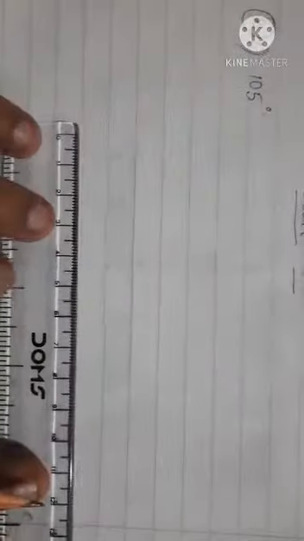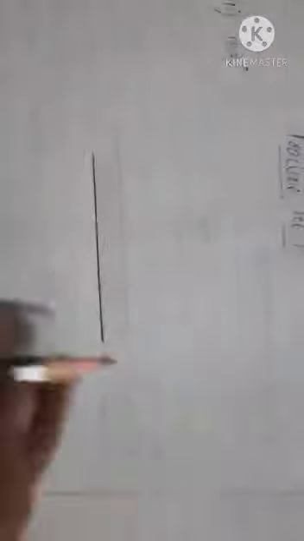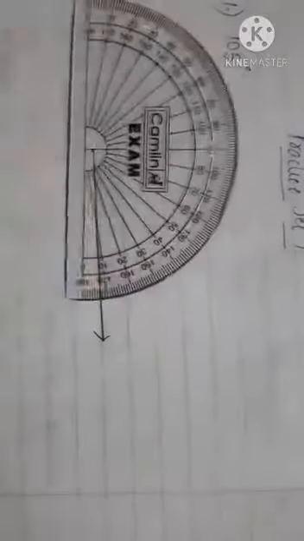Always start drawing with a base. So 105 degree they have asked. So almost I will keep my construction in the middle of the page. So obtuse angle means it will go a little bit on the left side. Okay, like this I'll get one angle. So I'll draw one base measuring any centimeter. Okay, I'll draw one base first. I'll put one arrow on one end. This is a point. Second, I'll measure 105 degree with the help of a protractor.